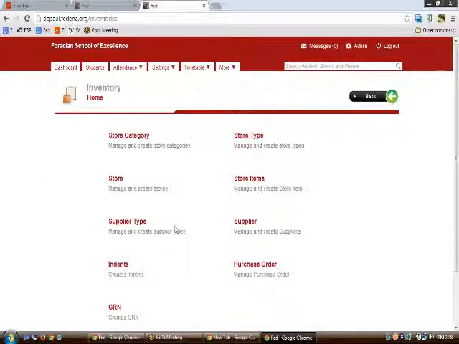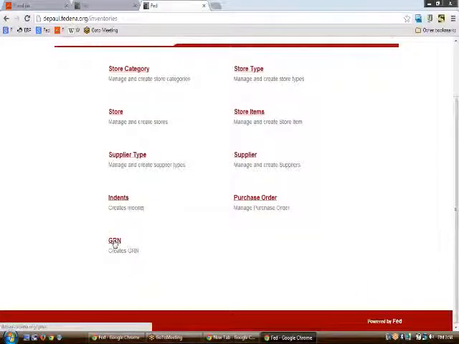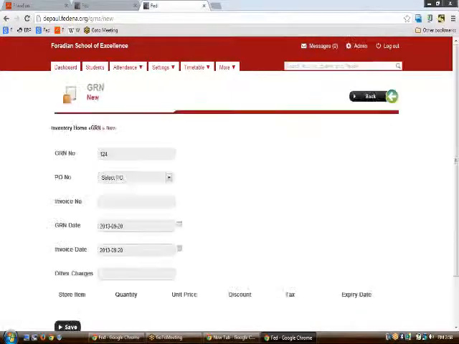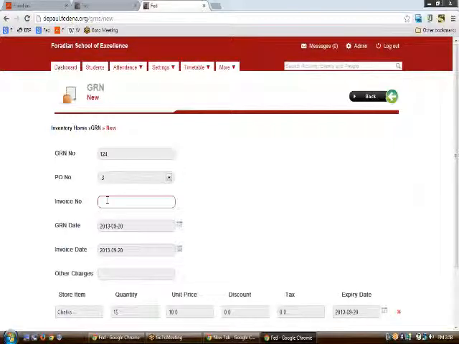Now, having made the purchase order, the last thing that we need to do is go to the GRN link and create a new GRN here for the purchase order made. The purchase order that we made was number 3, and the invoice number or the receipt number that we would see in our areas, I am putting an invoice number as